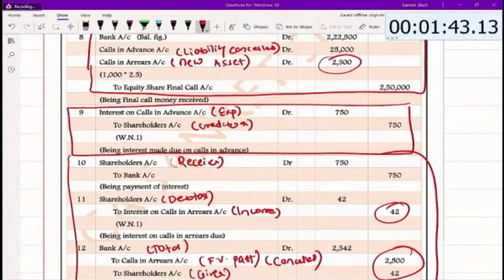You have to practice it a minimum of 2 to 3 times. That's why it is an A plus category question, na beta. I have given you logic for this, so think logically. See how many of you can do these entries without looking at the answer. Revise it and then write it.